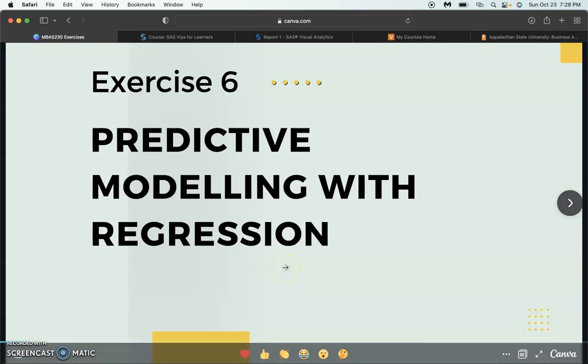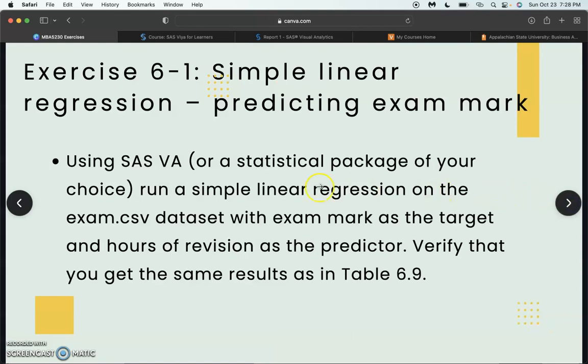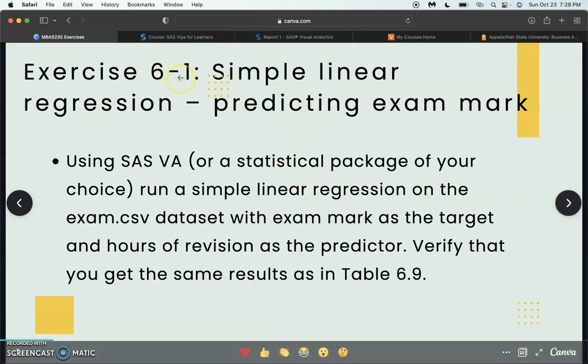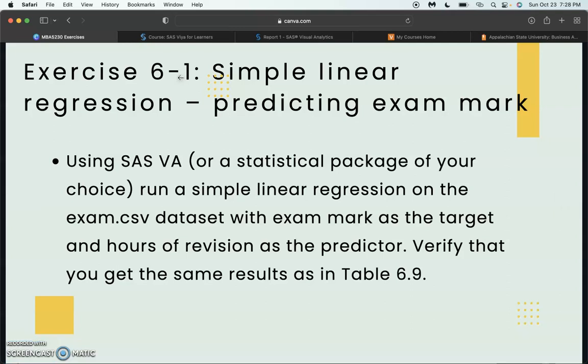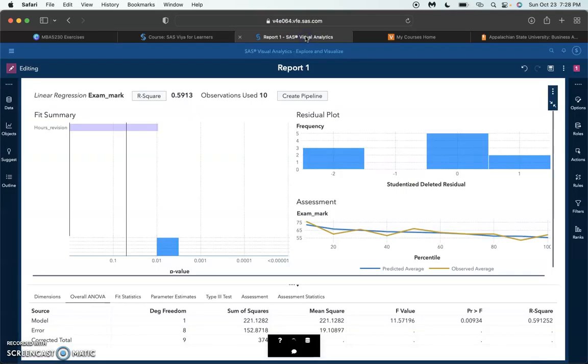This is exercise 6, and we're looking at predictive modeling with regression. First we're looking at exercise 6.1, so we're creating a simple linear regression within SAS-Viya using the exam data set. So going over to SAS-Viya,